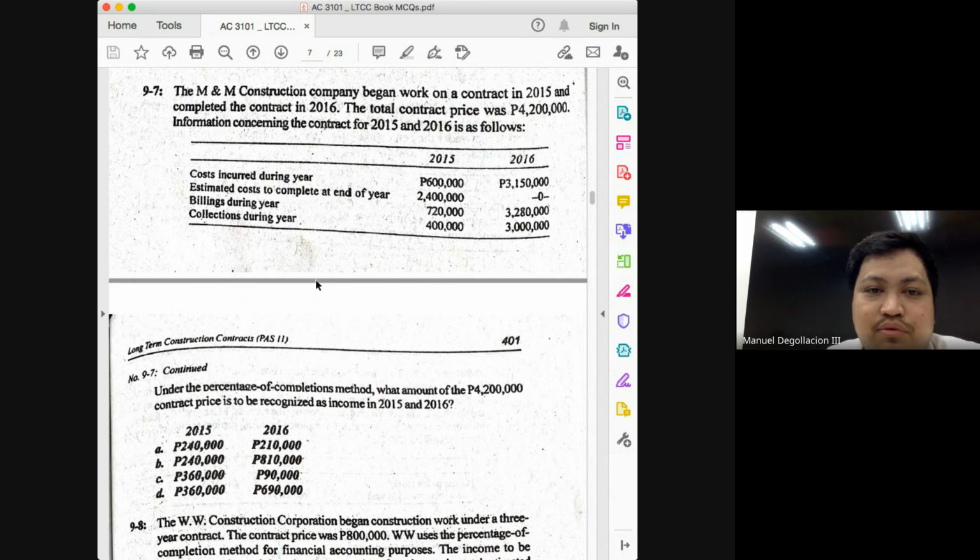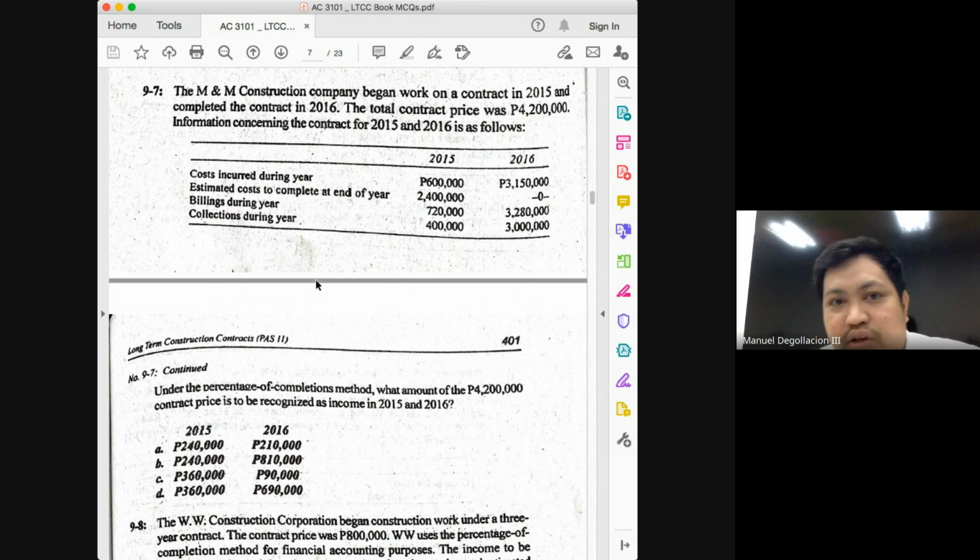What's the other thing we need to solve for RGP? Percentage of completion. What are the two things you need to solve for percentage of completion? Cost incurred to date divided by cost at completion. Cost incurred to date is 600,000. Cost at completion is 3 million. 600,000 divided by 3 million will give you 20%. So 20%, what do we do with the 20%? Multiply it with the expected gross profit of 1,200,000. So that will give you how much? 1,200,000 times 20%, 240,000 minus 0. So our answer will either be A or B.